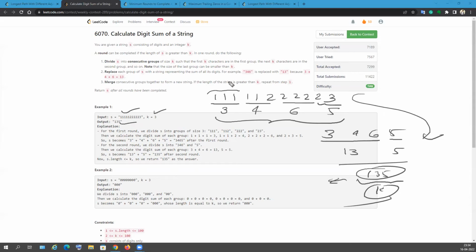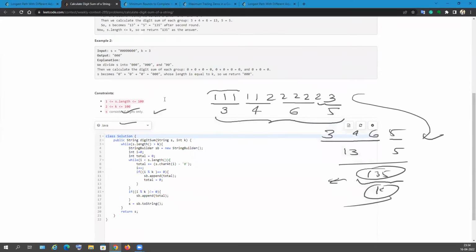The code for this particular question is the same as what I'm explaining here. What I'm doing is checking if the string size is greater than k. If so, go inside, and I created a StringBuilder in Java. Now starting from the first index, I is equal to 0, and maintaining the total. While I is less than s.length, the string length, go inside, add to the total, and do I plus plus. If I is divisible by k, meaning the group is of size k, then